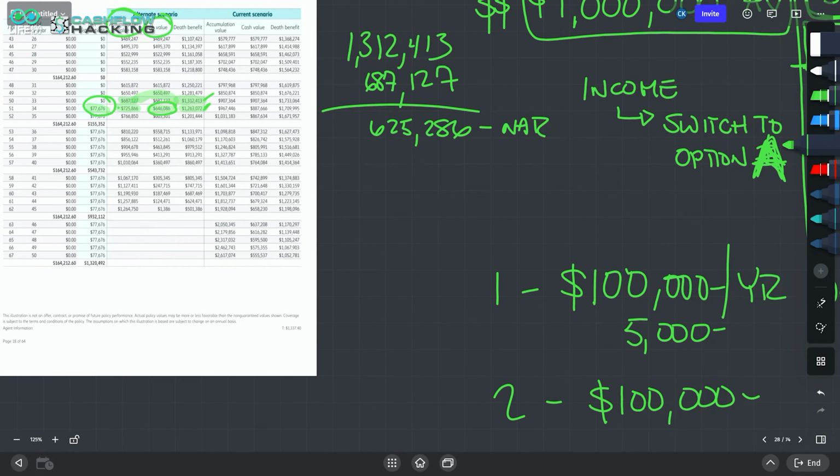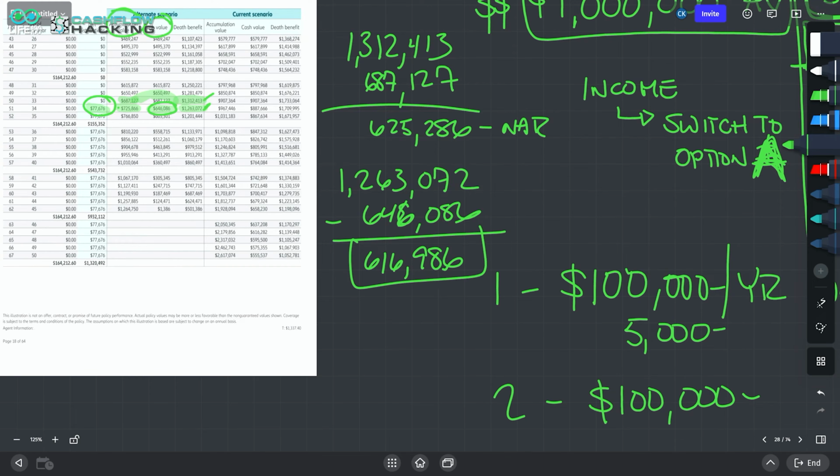You could see, even though those two things are in place, we got 1,263,072 minus the 646,086, and we're talking 616,986. So now you can see here, even taking the income, because we had positive arbitrage in this equation,